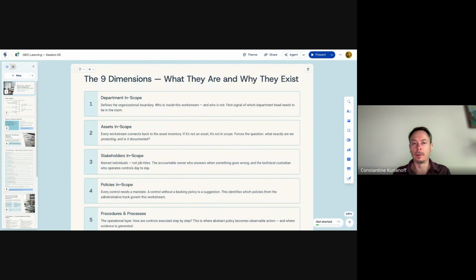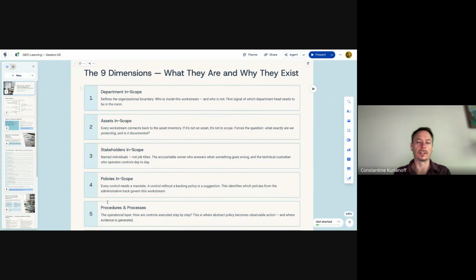Of course, it's people. It's all the documentation, like policies. What else could it be? It's the procedures that we need to implement. It's the dimension number 5, we'll get to it later. But in general, what are those things that we need to monitor to establish governance around when working with this particular work stream?